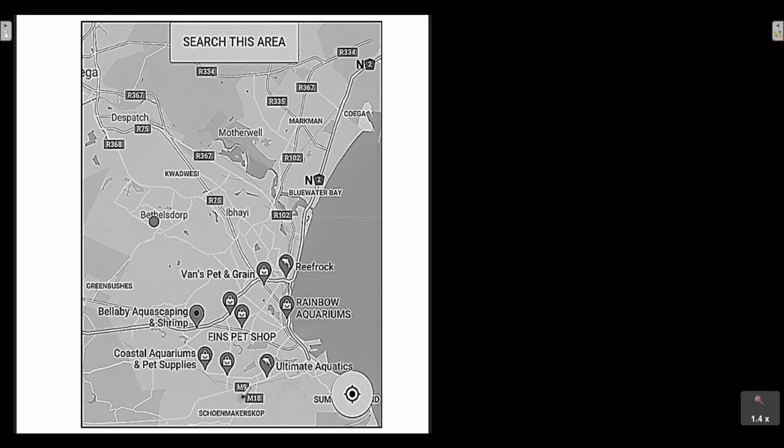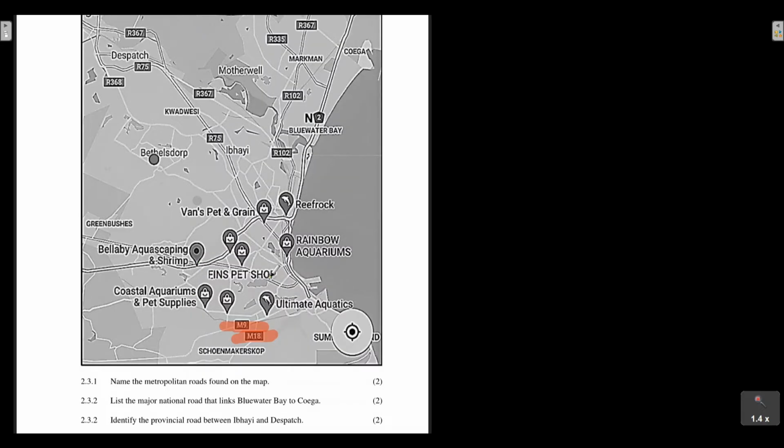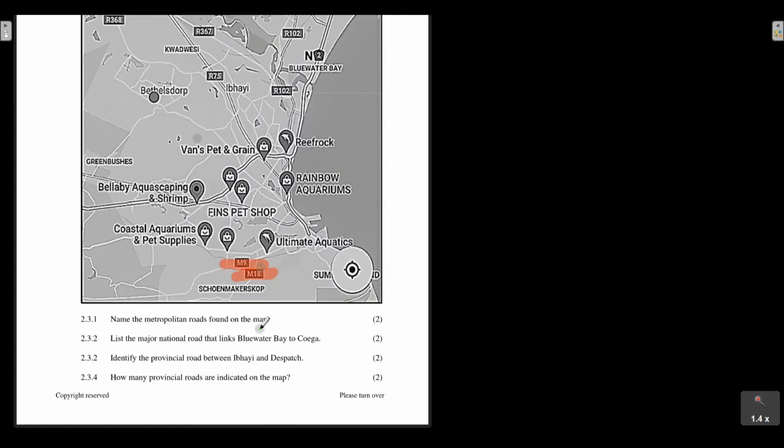When you skim through it, you'll see that you've got the M9 and the M18. Those are the metropolitan roads that are found on this map. It's just those two. So we're going to say it's the M9 and the M18. All right, let's look at question